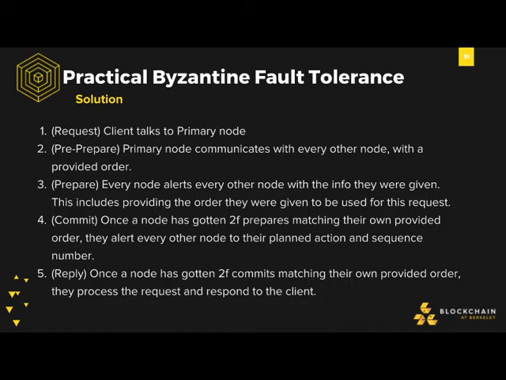And the key to this is that if you have faulty nodes or malicious hacked nodes trying to tell other people different things, if there are too many of them, it will never get past the prepare stage, because they won't send a commit to everyone else. So then, as an honest node, once you've received enough commits from everybody else, you're going to go and process the computation and tell the client.